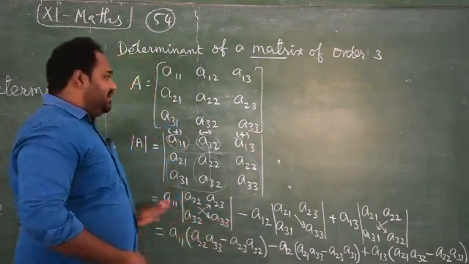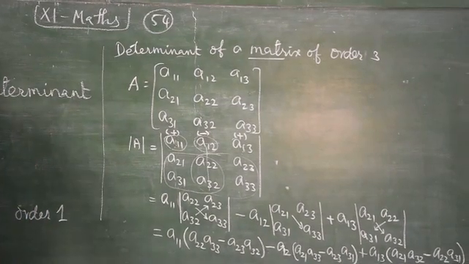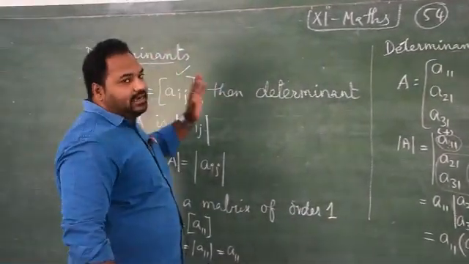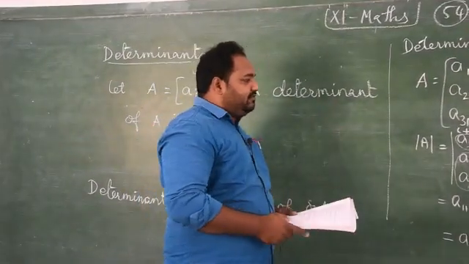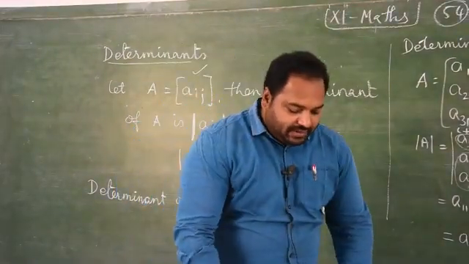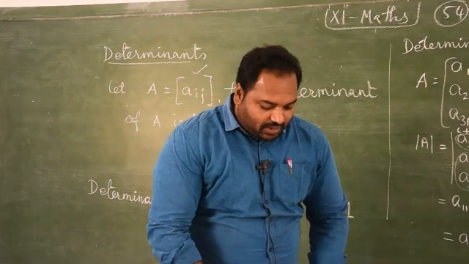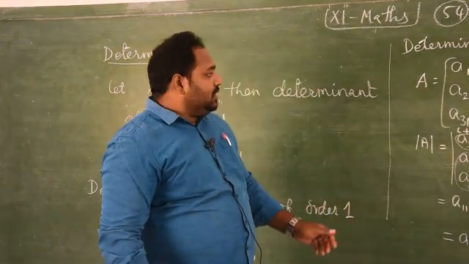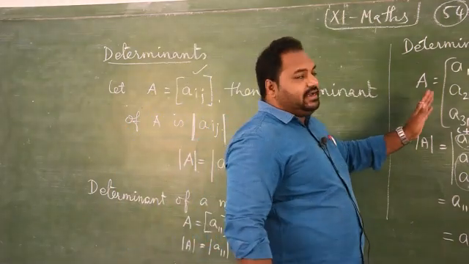So these three things are very important. These are the very basic knowledge to have for learning determinants. Next we can go for the problem. Before that, whenever required, I will give you the properties of determinants. So here we have one or two very important properties.